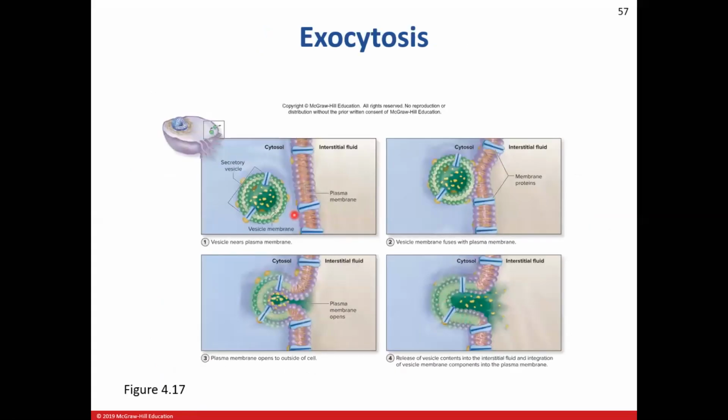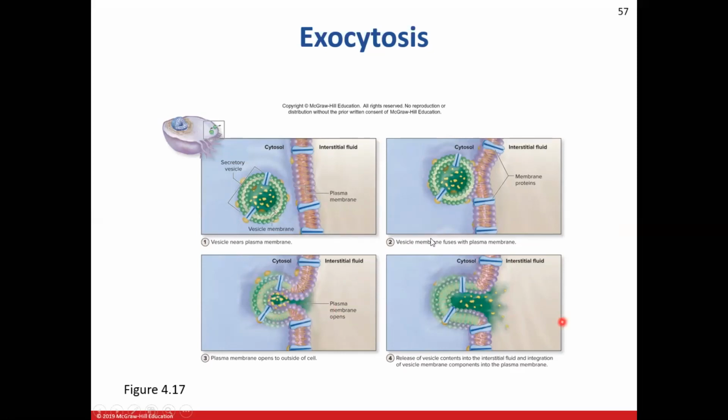So here's our process of exocytosis. You'll see here we have a vesicle that's got a bunch of substances in it. Again, these are typically just going to be too large to directly pass through the plasma membrane. And so you'll see that the vesicle nears the membrane. Here the vesicle fuses with the plasma membrane. So it's starting to join the plasma membrane itself. As it becomes a part of the plasma membrane, it releases the contents out of the cell